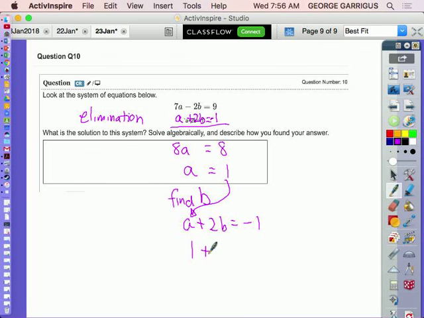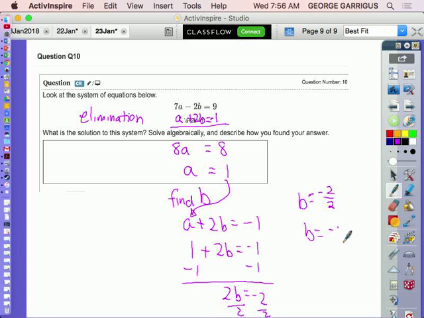You get 1 plus 2b equals negative 1. Subtract 1, and you end up with 2b equals negative 2. And then a lot of people lost this negative sign right here. So when I divide by 2, I end up with b equals negative 2 over 2. So b equals negative 1. So your final answer